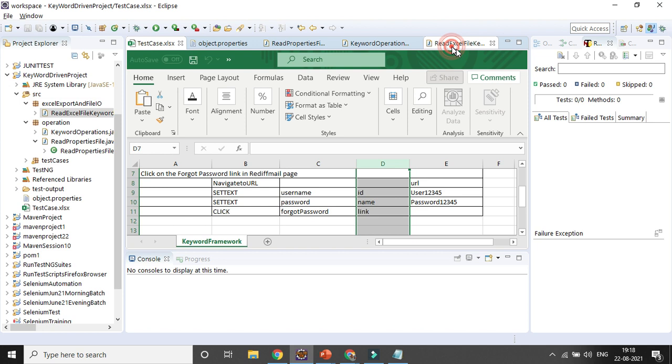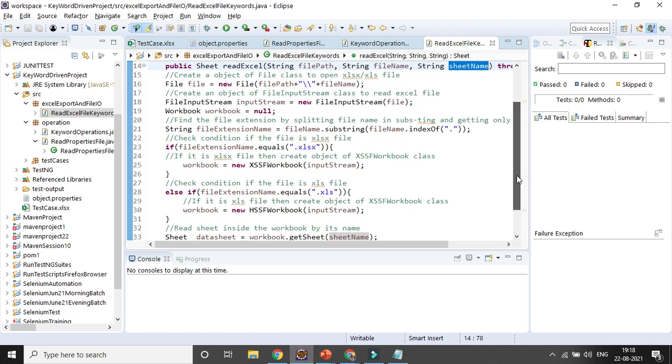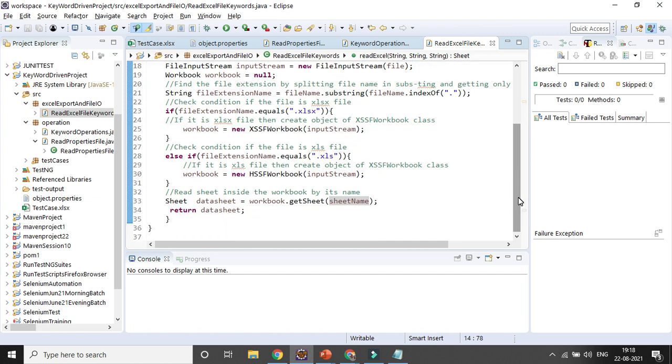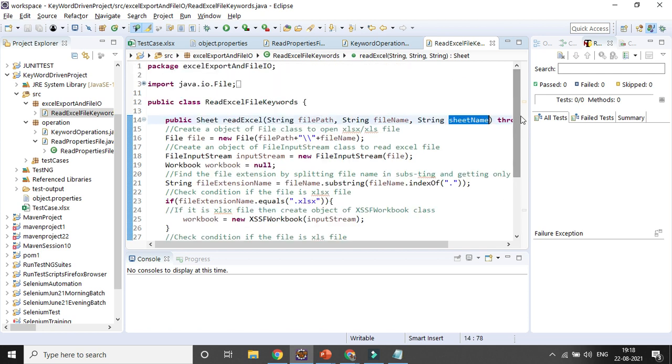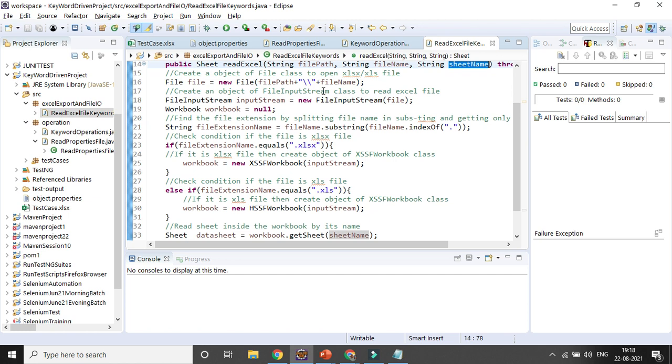So if you already covered that, if you go to it, right, you can definitely get to know how we are reading the data, right? And then we are going to the sheet. So once we go to the sheet, definitely we need to go to the row and then column and the cell value, right? First I need to go to the path of the Excel, and then the sheet name of the Excel, and then the tab name of the sheet, and then the row, column, and cell. I already discussed multiple times, so in case you are not comfortable, please go through the comments. So I also tried to write down what is the objective of each and every line of code, right?